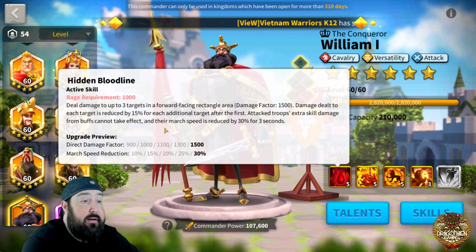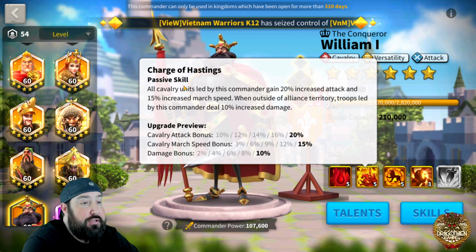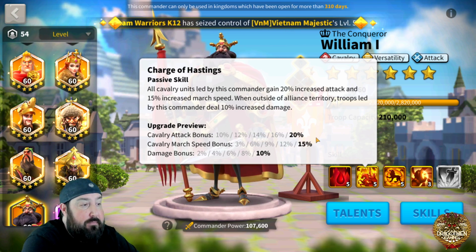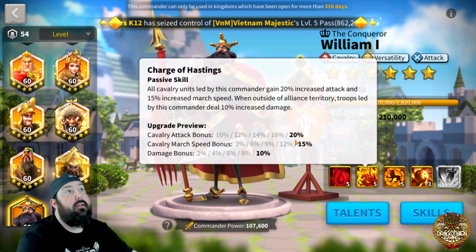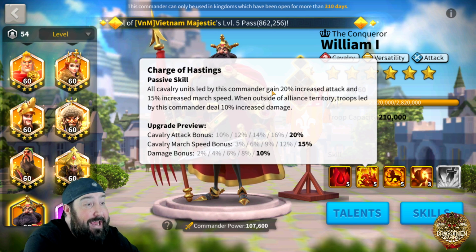So that's the first skill. You want to max this first before you move on, of course. Second is Charge of Hastings. All cav units increase 20% attack and 15% march speed. So you're reducing their speed, you're increasing your speed, you're increasing your damage as you're destroying them, and this is